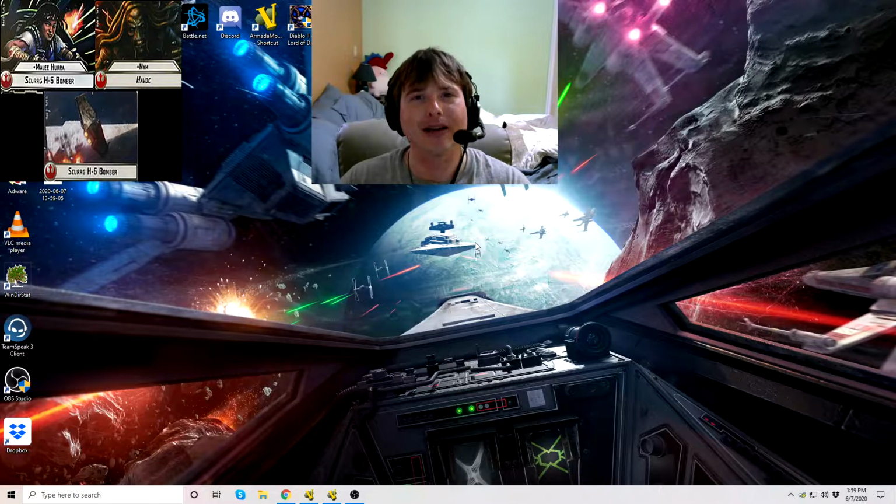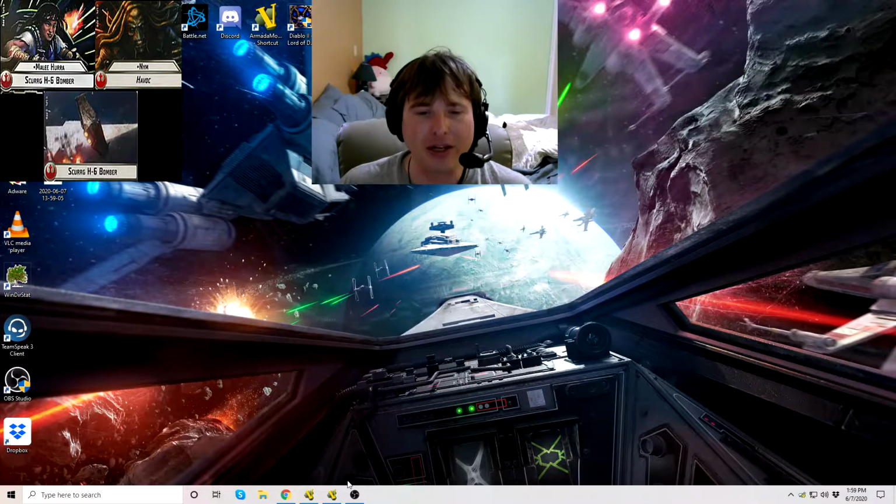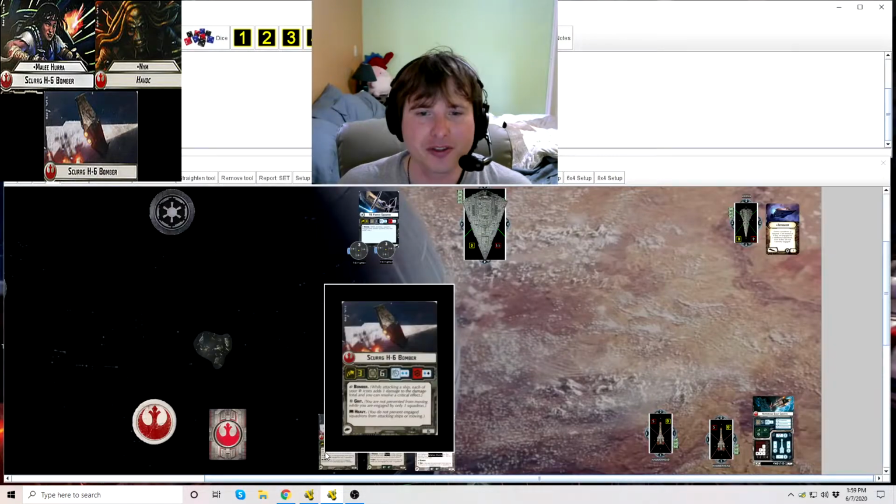We're going to look at another Squadron video today. We are going to be looking at the Rebel Squadron, the Scurrg H-6 bomber, excuse me. The Scurrg is not something you see a whole lot on the table. Why is that? We're going to touch on a few points, but let's dive right into the Squadron